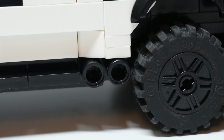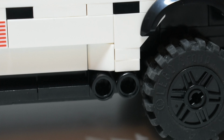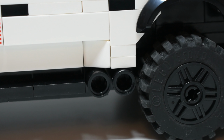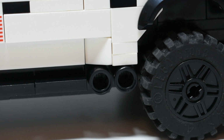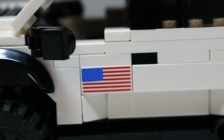Because if we tried to make them life size or scaled down, then they would probably be a bit difficult to see, and they'd probably be represented by Lego bars if they were actual proper scale. But these Technic connectors form a much more exaggerated and much more obvious exhaust. There's an indent in the side, which is definitely kind of an exaggerated version of the indentation on the side